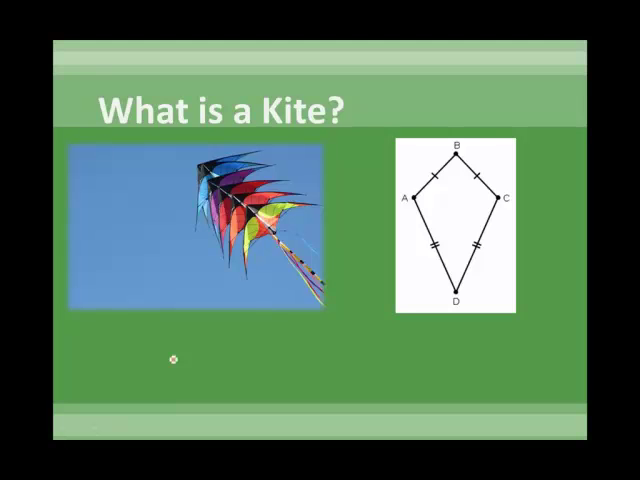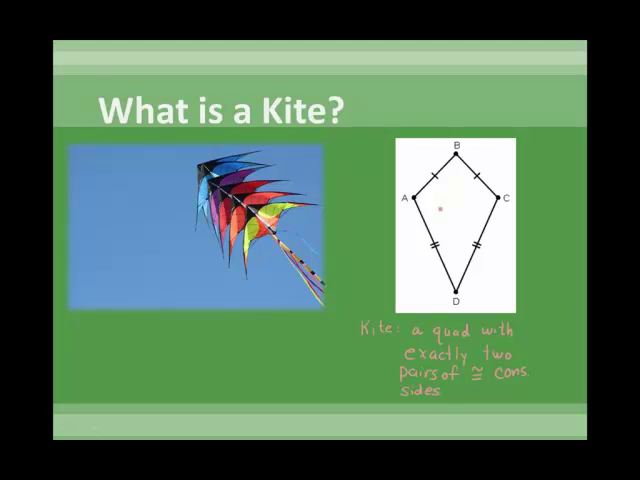One of the characteristics of a kite in geometry is that it is definitely a quadrilateral that has exactly two pairs of congruent consecutive sides. So the definition of a kite would be a quadrilateral, a four-sided figure, with exactly two pairs of congruent, consecutive, that means right next to each other,